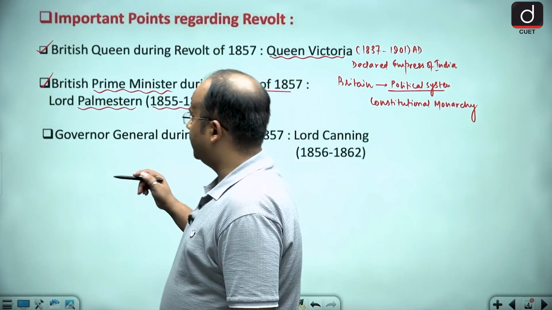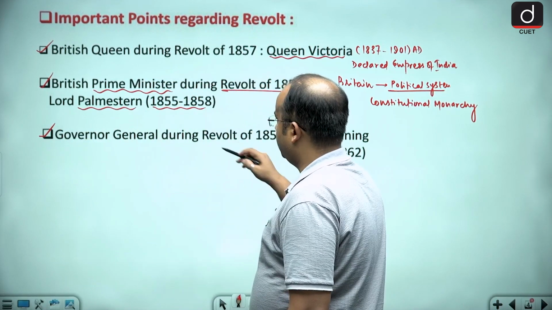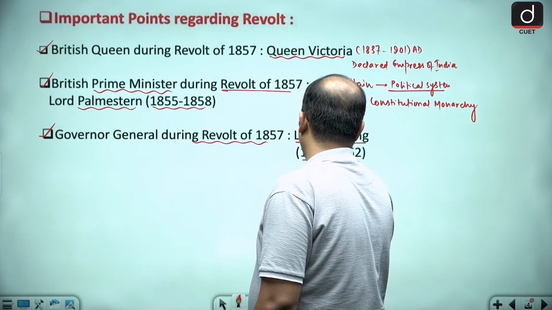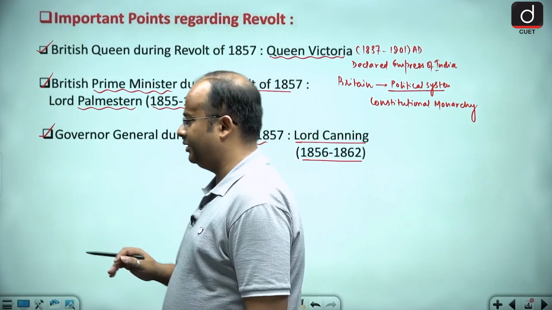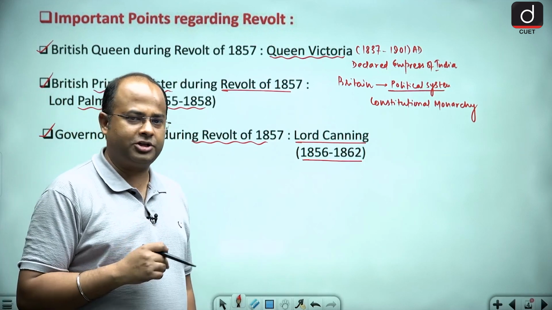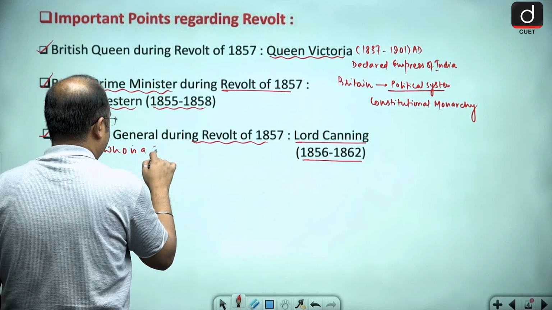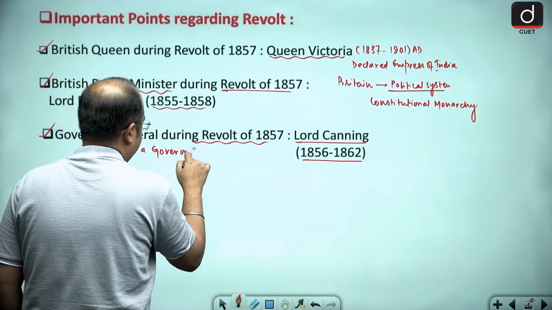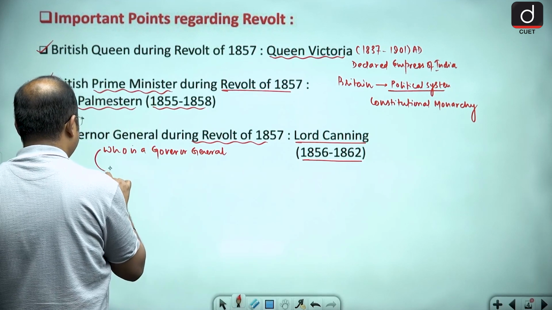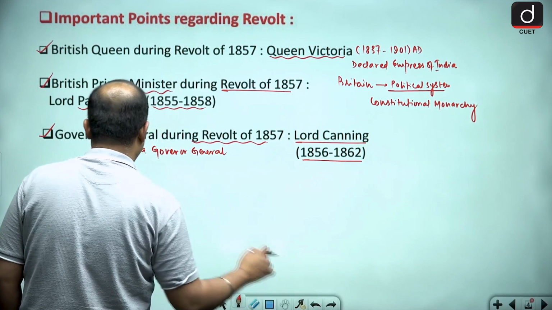Now guys, who was the Governor General when the revolt of 1857 broke out? The Governor General during the revolt of 1857 was Lord Canning, and he remained Governor General from 1856 to 1862. Now guys, first of all, we should understand who a Governor General is. A Governor General, my dear friends, is the highest representative